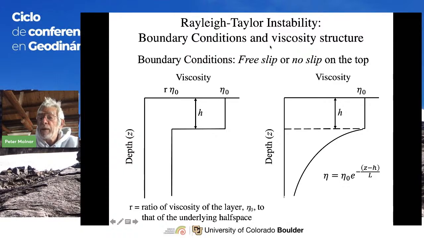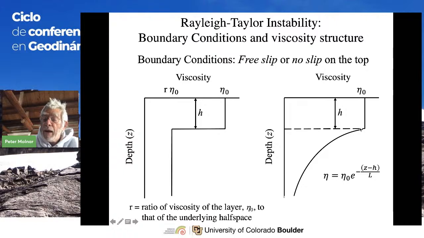I put some simple numbers in before with a simple structure, but boundary conditions come in two simple ways. Free slip, you let the top of the layer move freely with no resistance, or no slip on the top at all. These are the two extremes. And then one can have viscosity decrease with depth. A simple way would be over some layer H, it's a certain value, and then it's a smaller value by R, or it could be a larger value by R, down at some other depth, so we have this two-layered